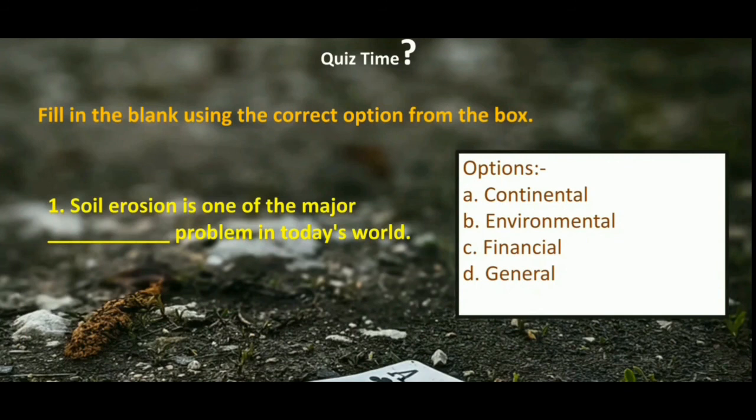Quiz time. Soil erosion is one of the major dash problems in today's world. The answer is